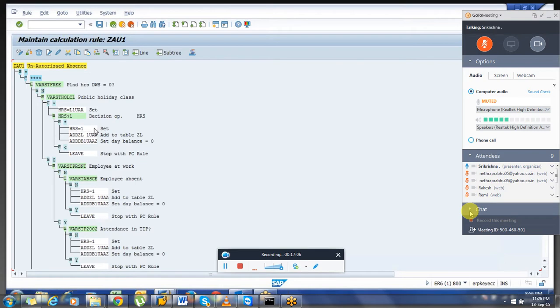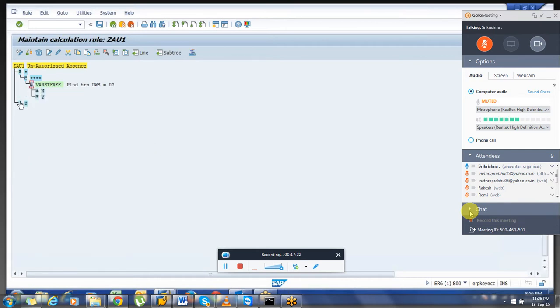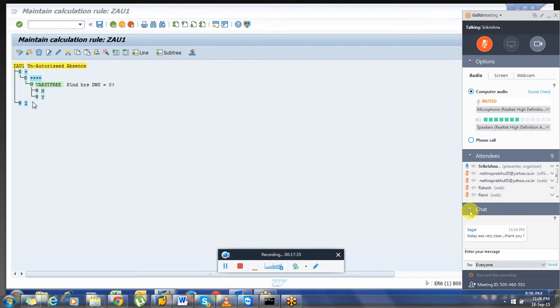Then if the absence quota is not available, we will reduce the employee's salary. So it is a straightforward thing. Again I am repeating, as Ishan, who asked me to repeat it, is still not here. I will take care of that later.